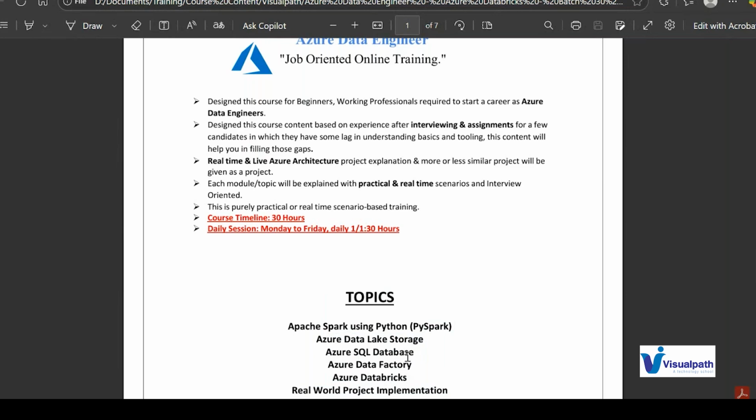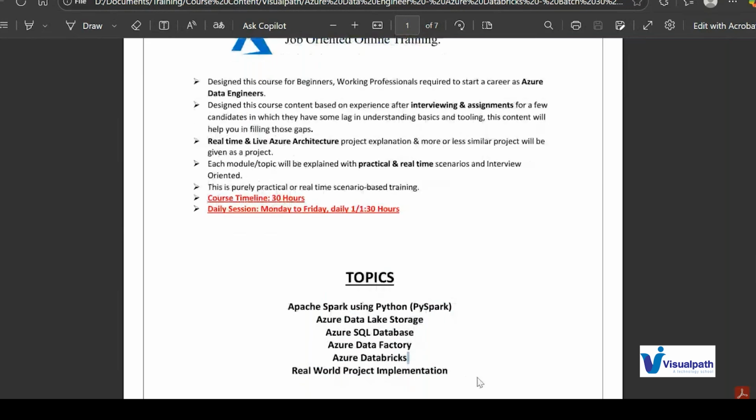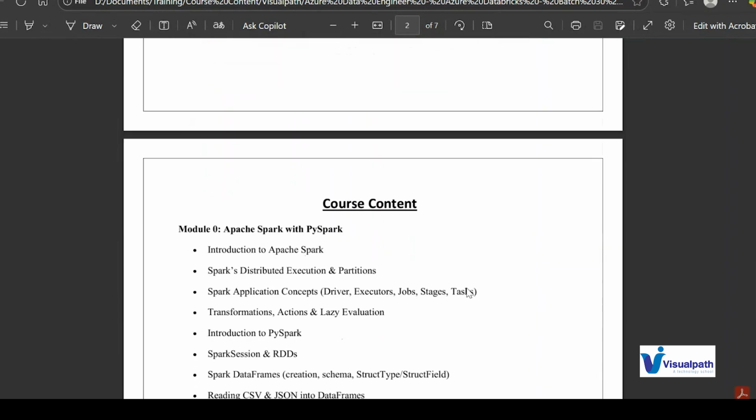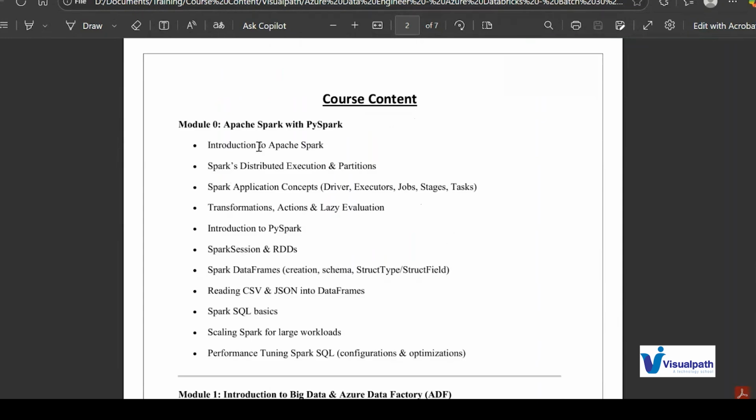So during the session, I will give you the understanding and implementation of how these things are really important and how they are interlinked with Databricks. Now, for the time being, let's go through each of the topics in detail. In our module 0, first we are going to start with Apache Spark. Okay. This Apache Spark is a data processing framework and it's very booming in the current market because of its faster data processing feature and lots of other features as well.